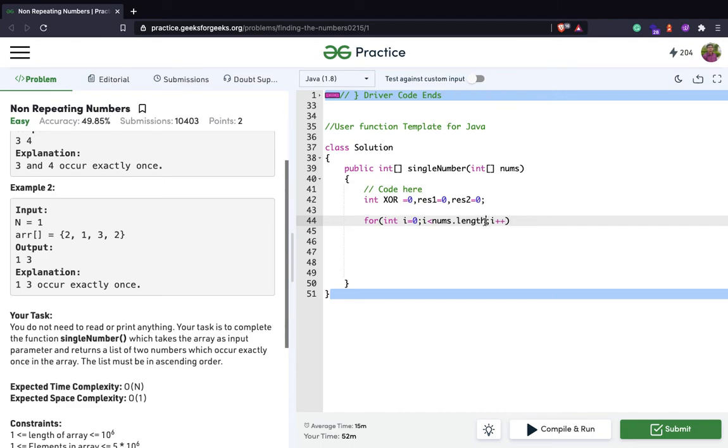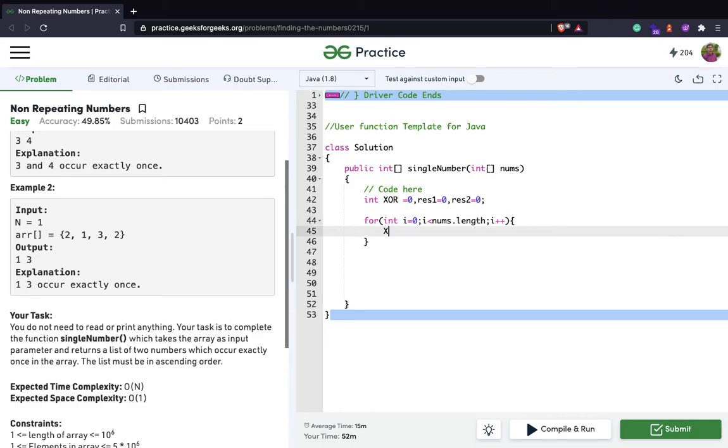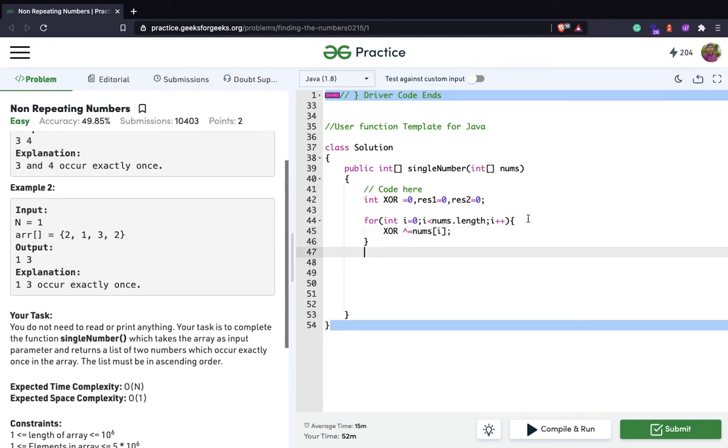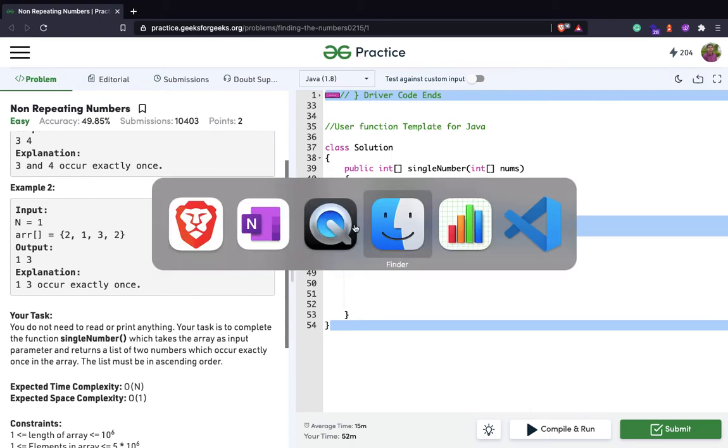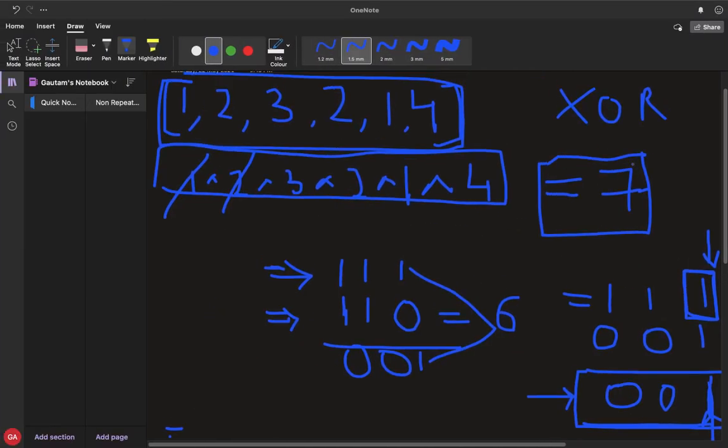Make sure that this is nums.length, not nums.length followed by parentheses, because it's not a method, it's a property of an array. So this will give us the XOR, which means we'll get 7 in the XOR variable.